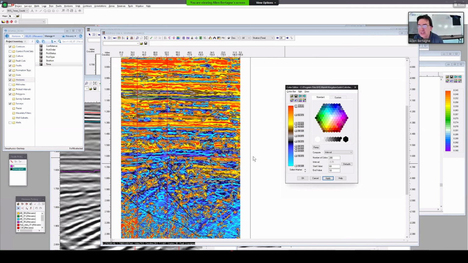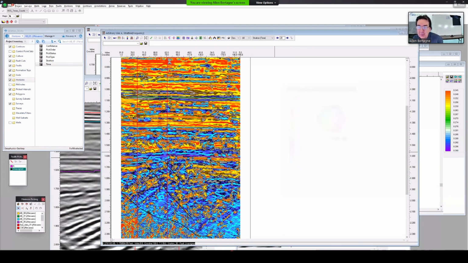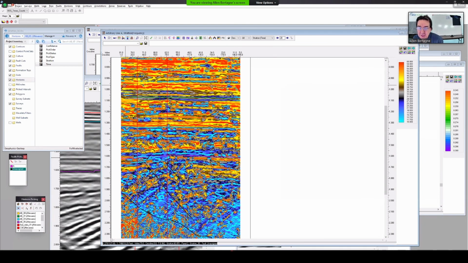Yeah, so in this case, we can tell the data goes from as low as 10 and a bit below to about 60 hertz. And not surprisingly, I think you've all heard about things like absorption and Q. Well, your high frequencies get absorbed as your wave travels, and in part, that's what that shows. So no big surprise. Now, if I were working in this shallow zone, I would probably come in and tweak the palette specifically in there. But this is showing you